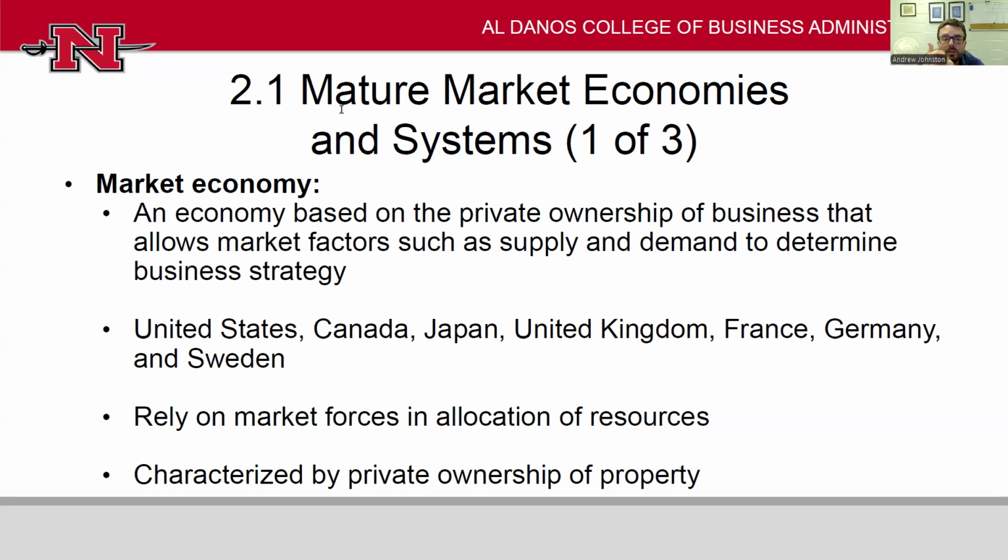Countries that follow this model are United States, Canada, Japan, UK, France, Germany, Sweden. And resources are allocated by the laws of supply and demand. If a resource becomes scarce and demand is exceeding supply, the suppliers are going to raise their prices. Other people in the market are probably going to see that, and more companies are going to come in and start providing that product or service in theory, because they're going to want to get in on the action, which theoretically increases competition and lowers those prices back down to the competitive balance or equilibrium.